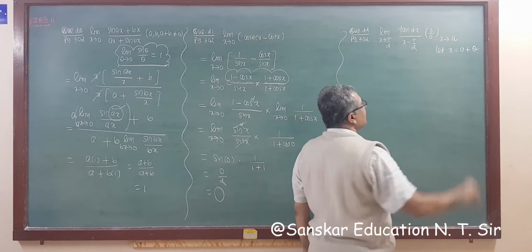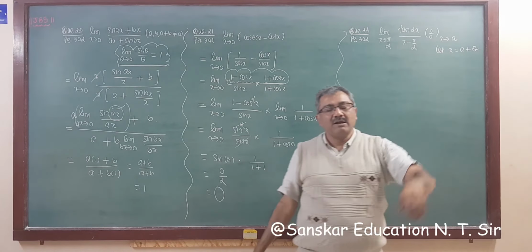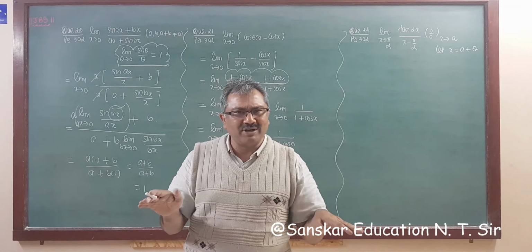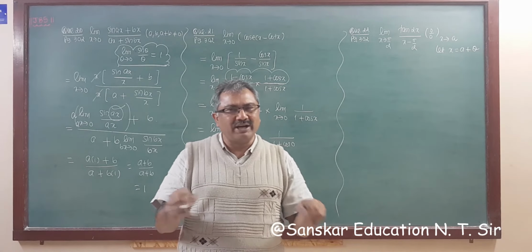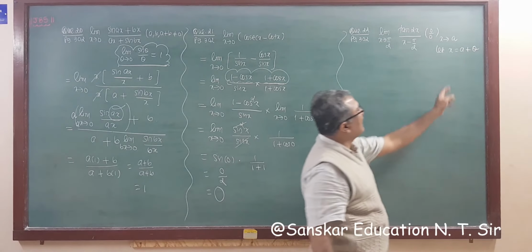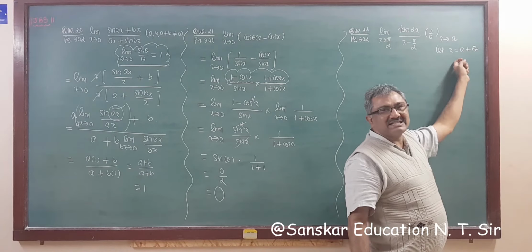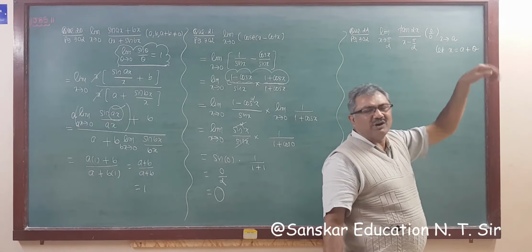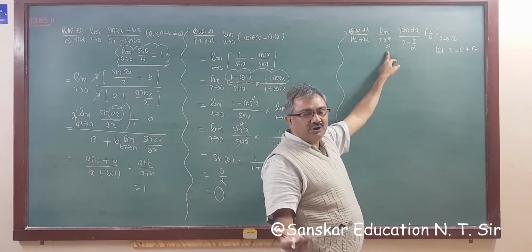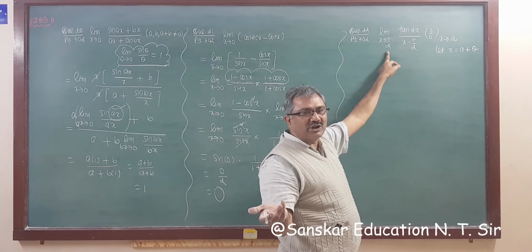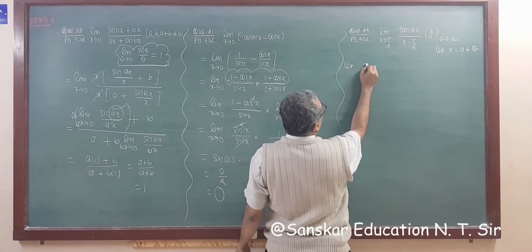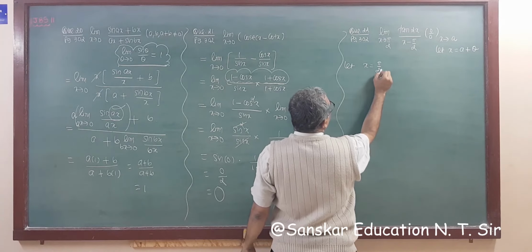So in this case you have to assume this, while x tends to a and you have no idea at all, आपको कुछ पता नहीं चल रहा है, माइंड आपका टोटली ब्लॉक हो गया है, राइट? कोई आइडिया आ भी नहीं रहा है, no solution at that time. If x tends to a, you have to assume x is equal to a plus theta, or whatever it may be. So what we have to assume here, x is equal to, whatever you want to take, pi by 2 plus theta or t, whatever it may be, but theta is very convenient, right? So we assume that let x is equal to pi by 2 plus theta.